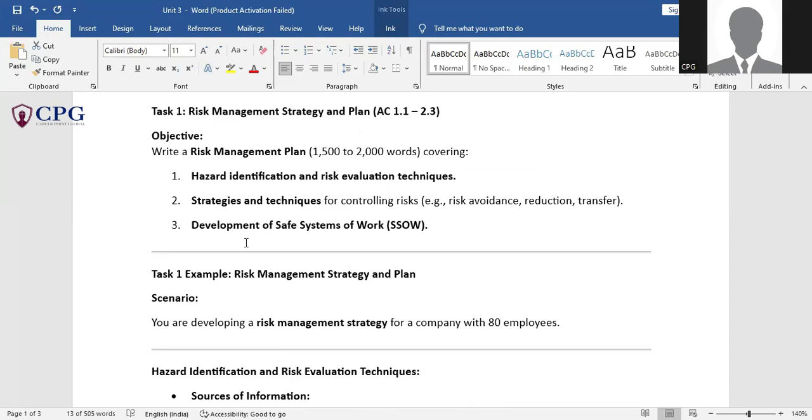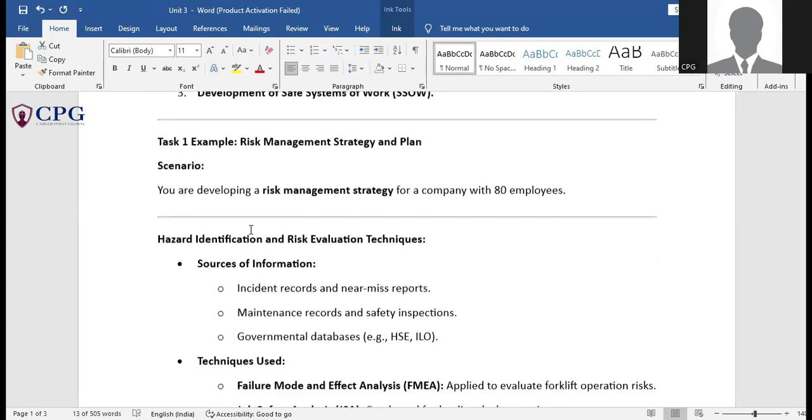What are all the mechanisms and control procedures, and how have they positively affected and reduced the accidents that have occurred in the past? You have to show that in a graphical or tabular manner. Then the various standard safe systems of work that you have implemented at your company. So these many things you have to say in 1,500 to 2,000 words for your task one